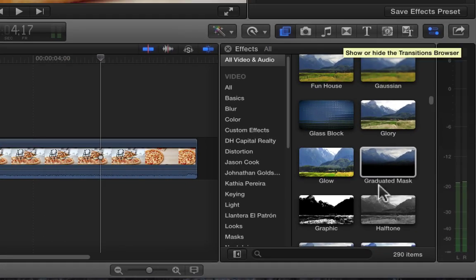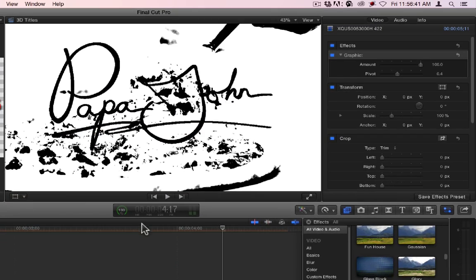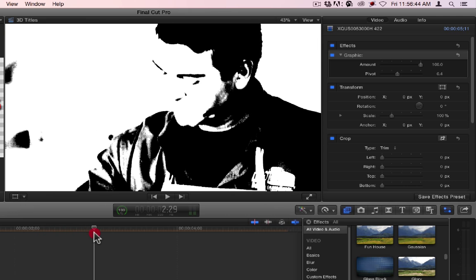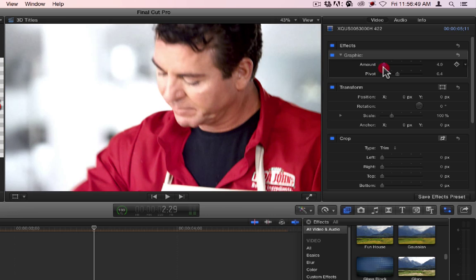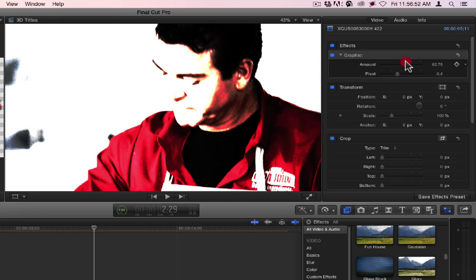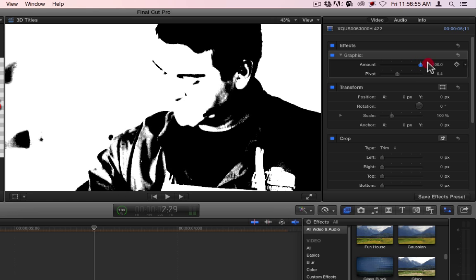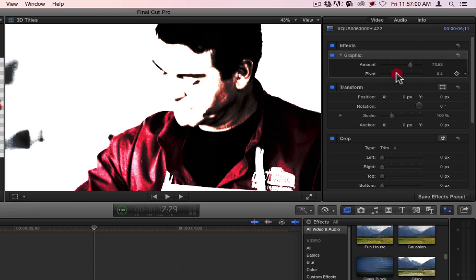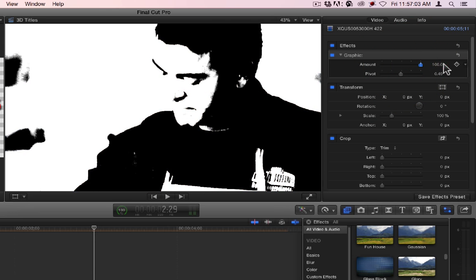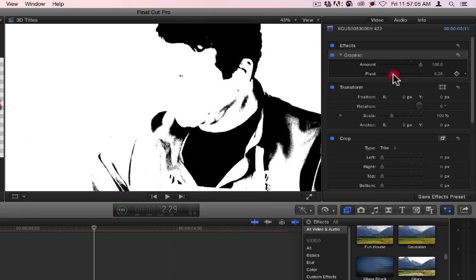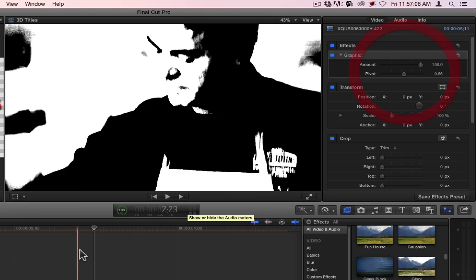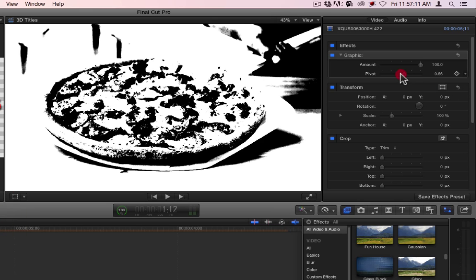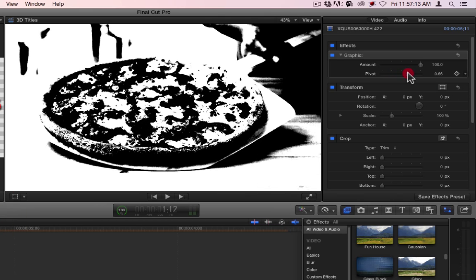Okay, let's get rid of the graduated mask and go to graphic. Graphic basically turns everything into what looks like a pen drawing. You have an amount. It'll take your brightness and your darkness. Your darks will go black and your lights will go white. And then you have a pivot point, and the pivot is where the darkness and the brightness point is defined. So here's your pizza. So we can say, okay, let's put it right there. That actually kind of looks like a pizza. It looks like a pen drawing, but